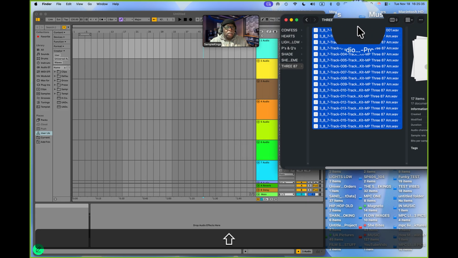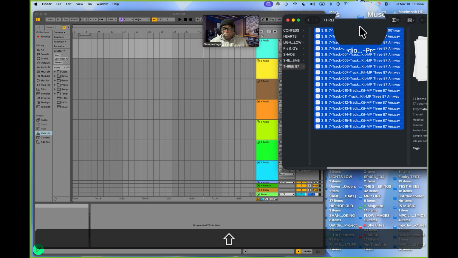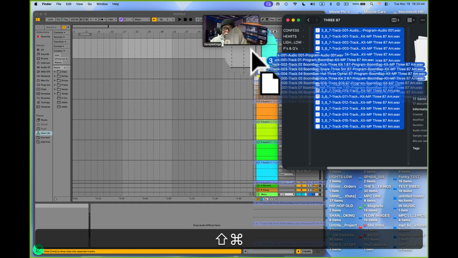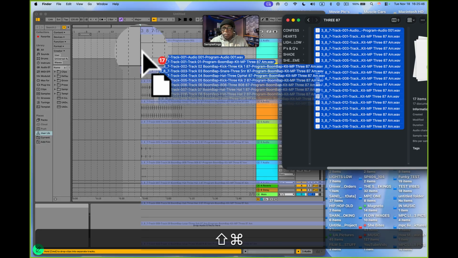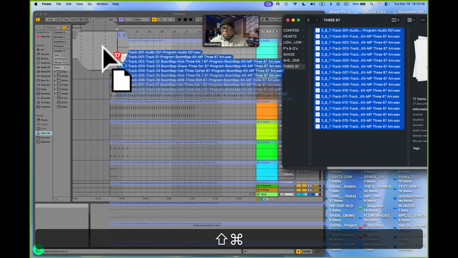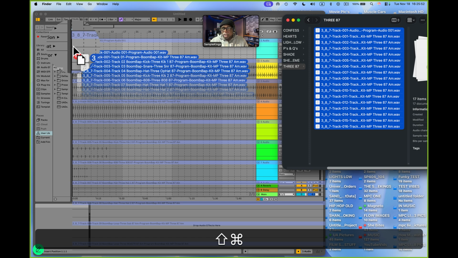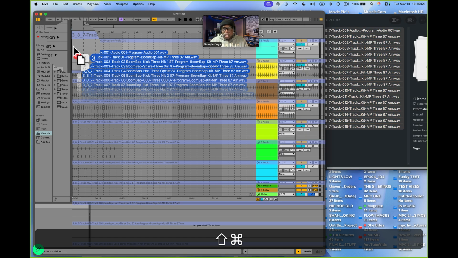Command, select them all. I want to drag all these files and stick them in here. So I'm going to click it one time here and drag. Hold down my command key here as well. And you see the files start to populate here. Make sure I'm on the very first audio track. Good. And as you can see, there's sort of like rendering in the background there as I drag them into this section of the